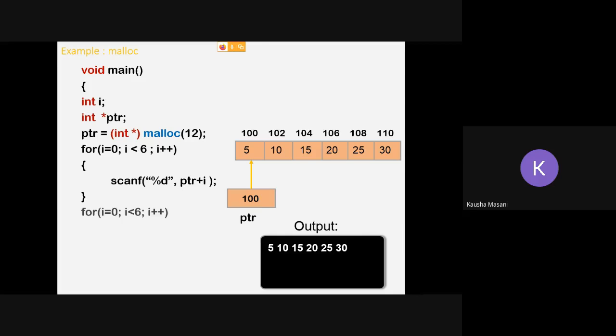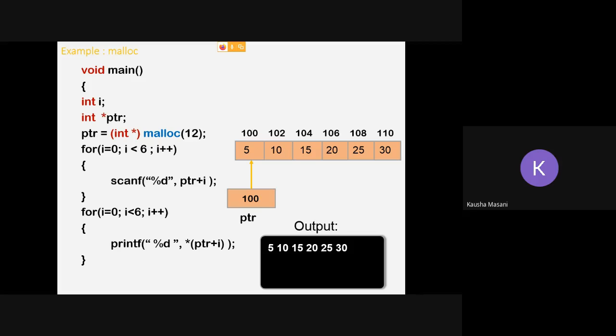Now I'm implementing one more for loop to print it. So again, for i equal to 0, i less than 6, i plus plus, printf percentage %d. Now see, as my pointer is pointing at the first memory address of that block, I am going to write star inside the bracket, ptr plus i.